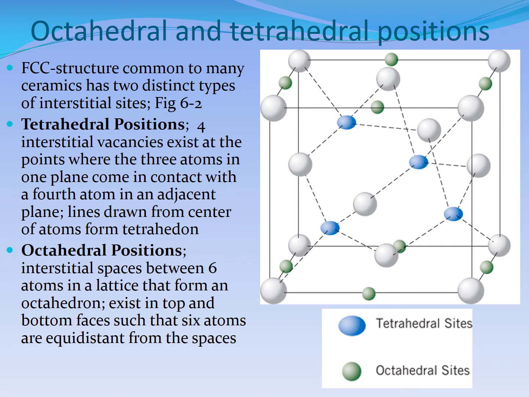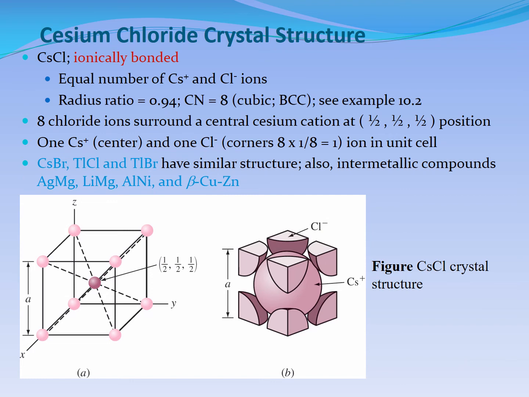If this atom is here and this atom is here and this atom is here, and we have no idea of the gap between them, then we can't do any calculations. But if we assume that this one and this one and this one are touching, then radius of the big one, diameter of the small one, radius of the big one. That is how you take the distance from here to here. It is very simple. So this is how octahedral and tetrahedral positions are there. And here I am just repeating again.